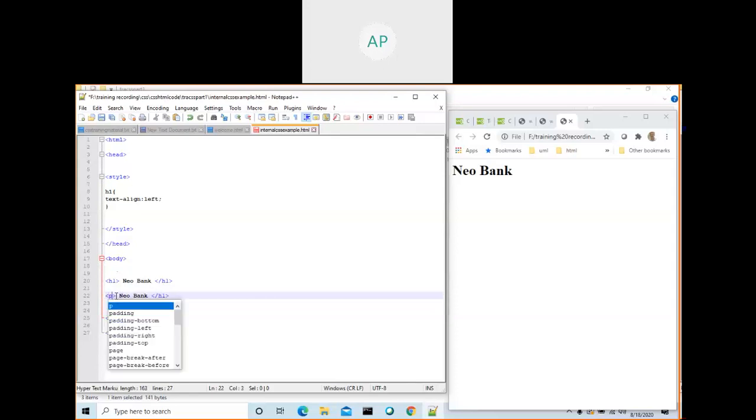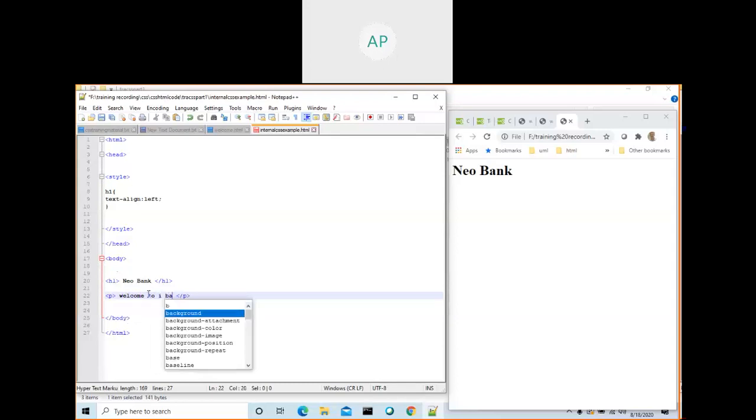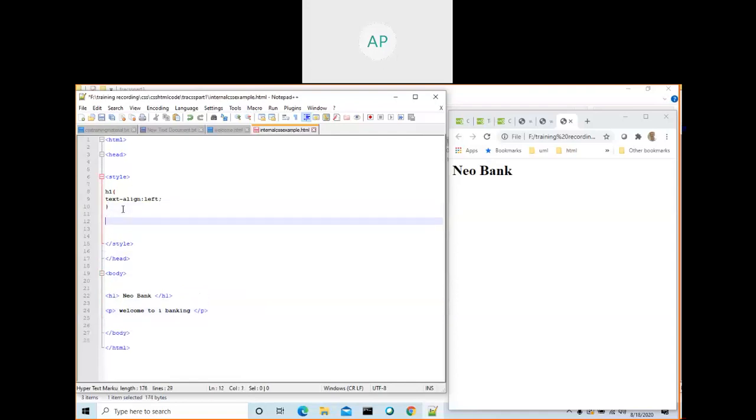Paragraph: Welcome to. I want this paragraph to be red. Then you can use p, paragraph starts here, ends here. Text alignment maybe center.